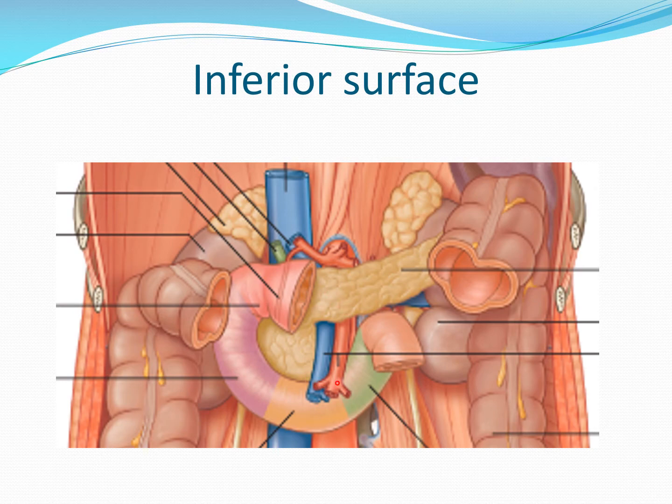The inferior surface is related to the peritoneum, the duodenojejunal flexure, coils of the jejunum, and the left colic flexure. So this part is the inferior surface, the relation of this pancreas. This one is the superior surface, anterior and posterior surface. Anterior, posterior and inferior surface. So it has three surfaces.